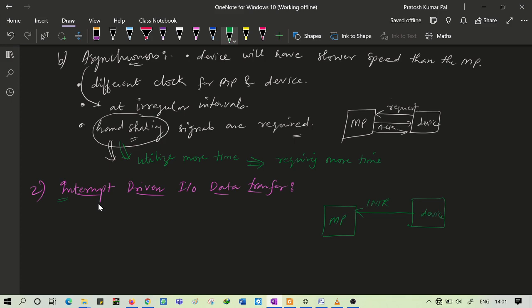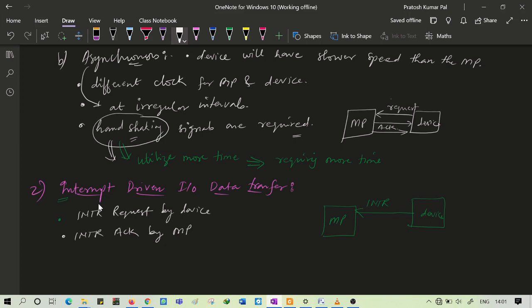The interrupt request is sent by the device, and the interrupt acknowledgement will be sent by the microprocessor.